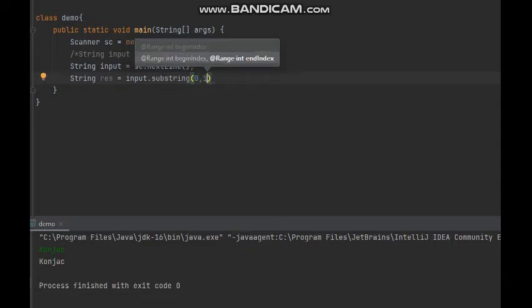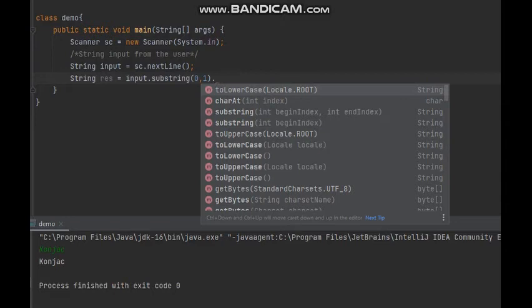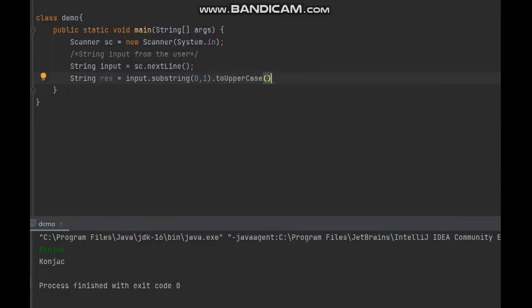So I'll be taking 0 to 1, that is less than 1, which is 0, and I'll take the toUpperCase method here. This will now change the first, that is 0th index character of the string to uppercase, and the rest remains the same, right?